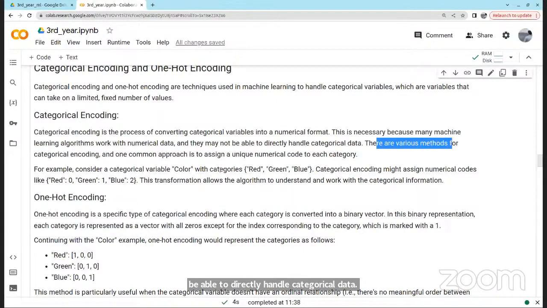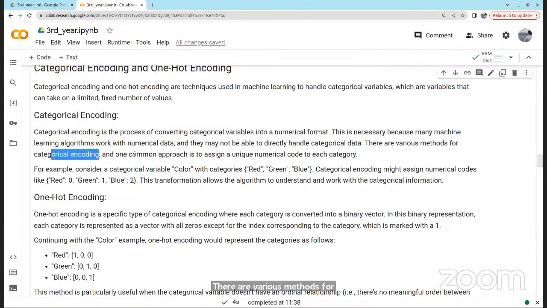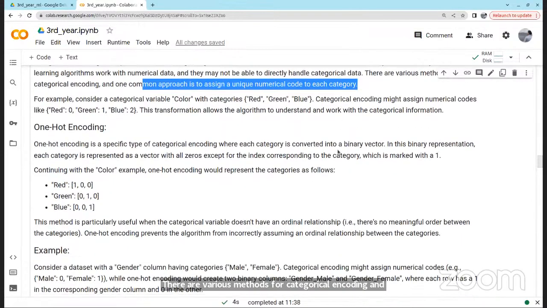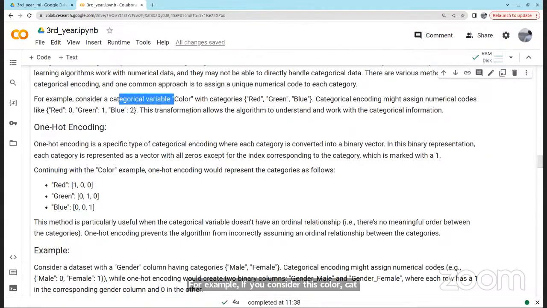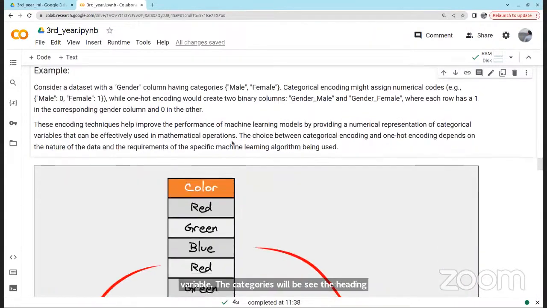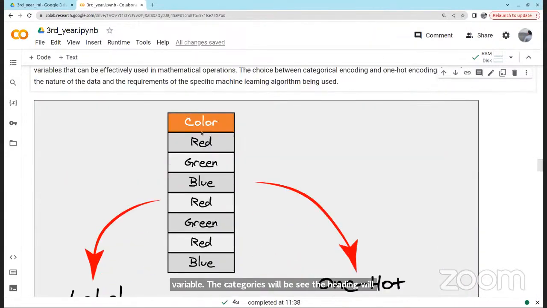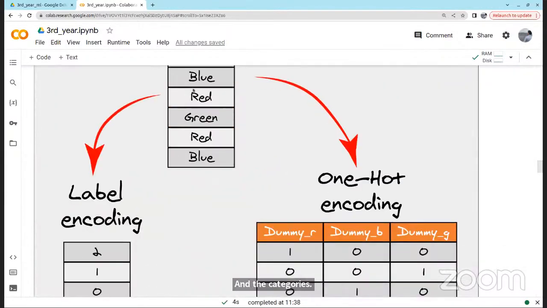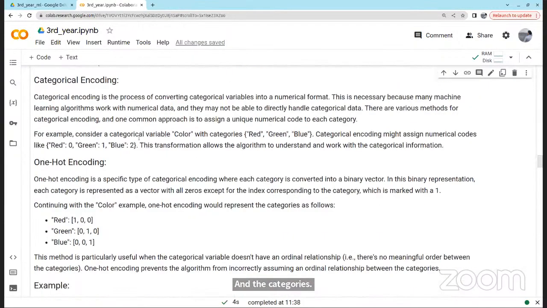There are various methods for categorical encoding, and one common approach is to assign a unique numerical code to each category. For example, if you consider this color categorical variable, the heading is called the variable or feature, and the categories are the values under this. The categorical variable is color, and the categories under that variable are red, green, blue.